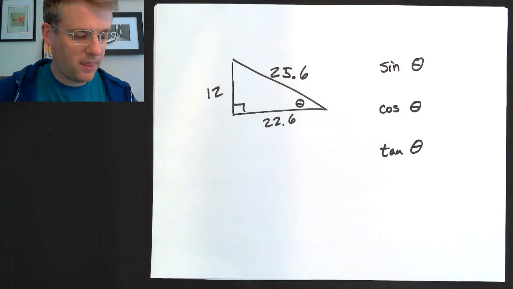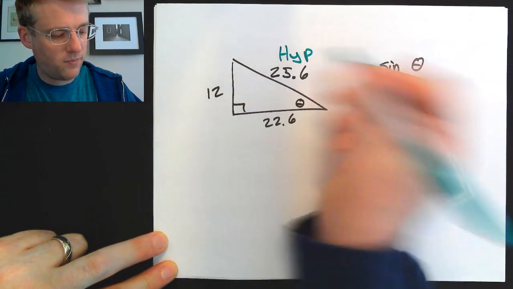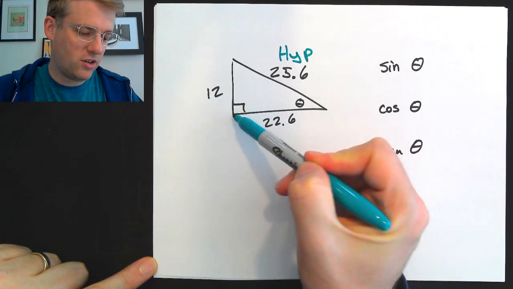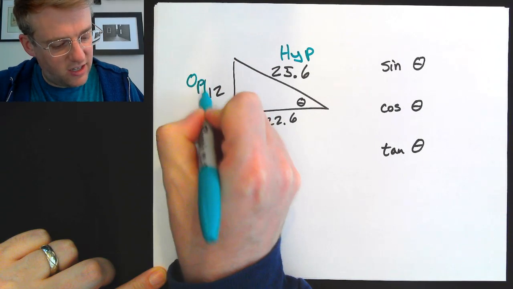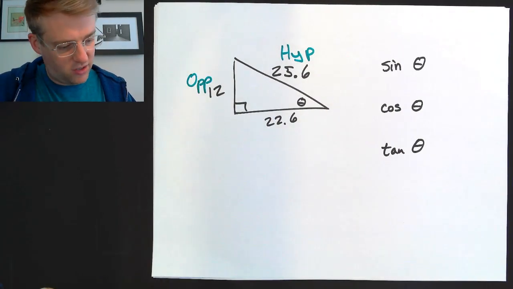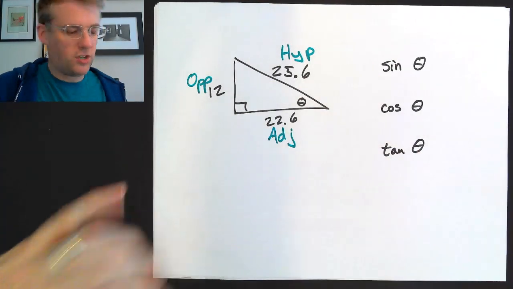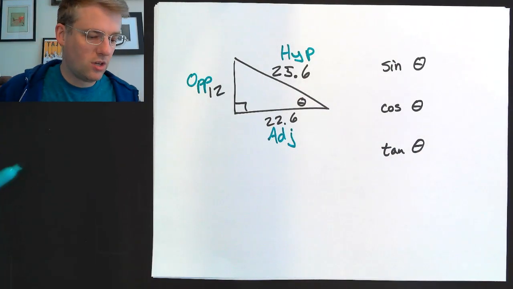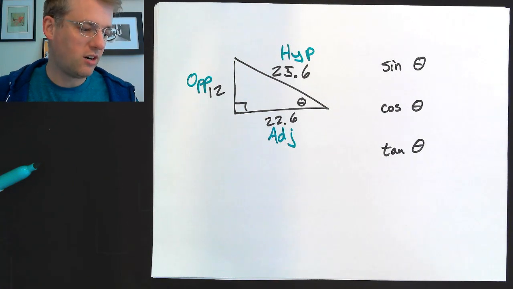Here we are. Let's label the sides. The hypotenuse, always try to label that first. It's across from the right angle. The opposite side in this case is the short leg, that's 12 because it's across from theta, and that leaves the adjacent side 22.6. With that in place, we're just going to think about what the definitions are for sine,